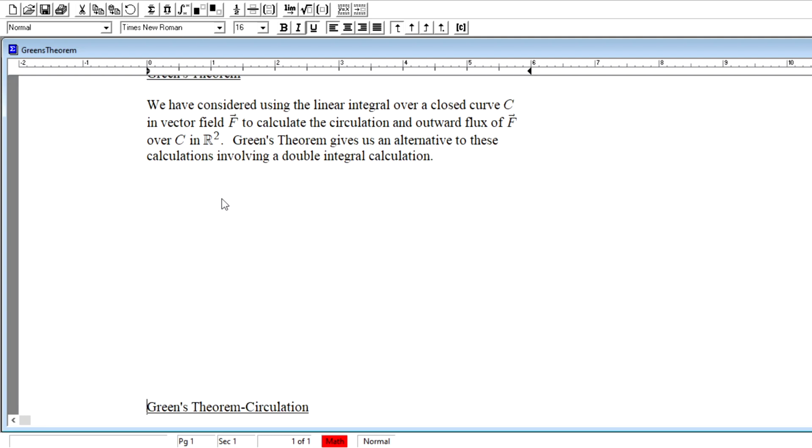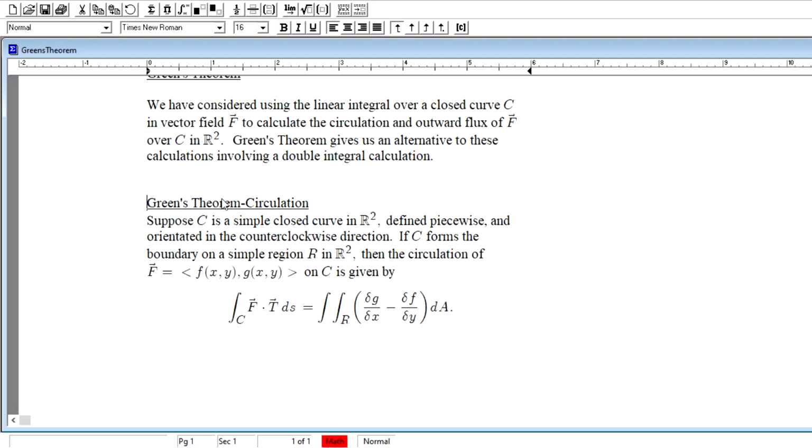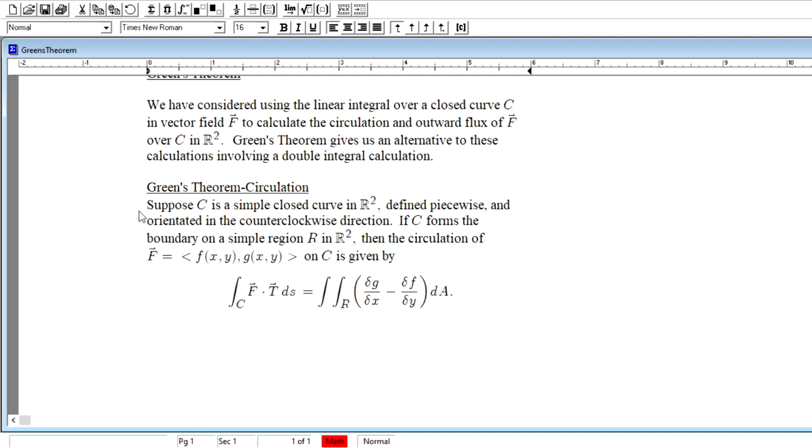If we take a look at Green's theorem, we do assume that we have C as a simple closed curve in two-dimensional space that might be defined piecewise and oriented in a counterclockwise direction, right? That counterclockwise direction is specific to this description of circulation. If C forms the boundary of a simple region we call R, a simple region being just a closed region that doesn't overlap on itself, or doesn't form an intersection of itself,